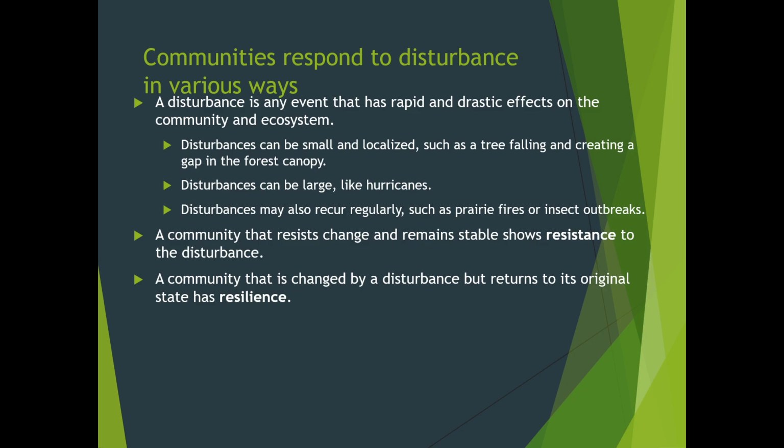Tropical rainforest is always getting hit by different things, but it still bounces back because it has that biodiversity. A community that is changed by disturbance but returns to its original state has resilience. So we got the resistance between all those occurring disturbances, and that shows us it has resistance. So biodiversity means we have resilience, which means we have sustainability. Something in that ecosystem is going to carry on life.